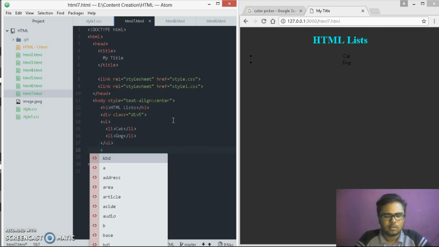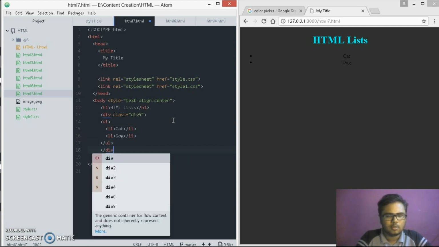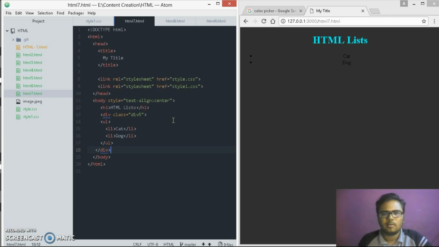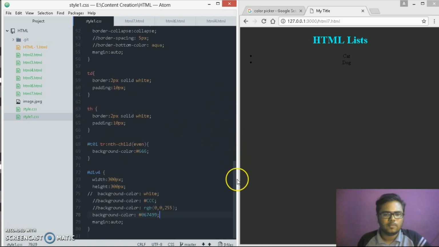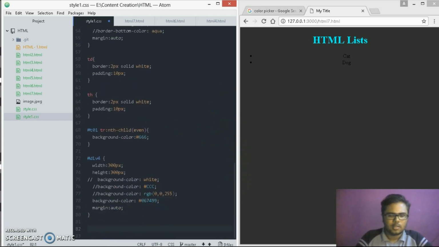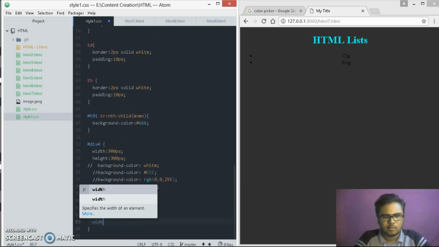Okay, and go here slash div, save, and just quickly go to style1.css, come down, just select div5 and just give a width of say